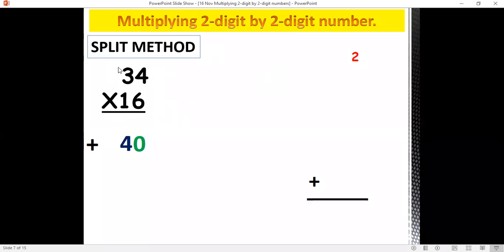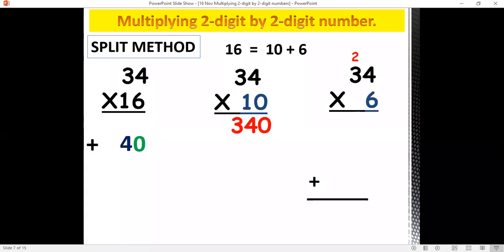So remember, we are multiplying 34 by 16. We are going to partition 16, which is 10 plus 6. Then we are going to multiply 34 times 10, which we know already is